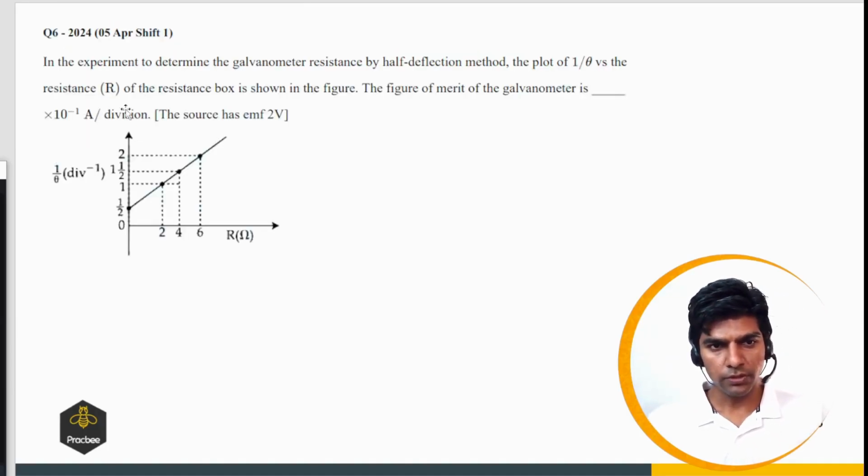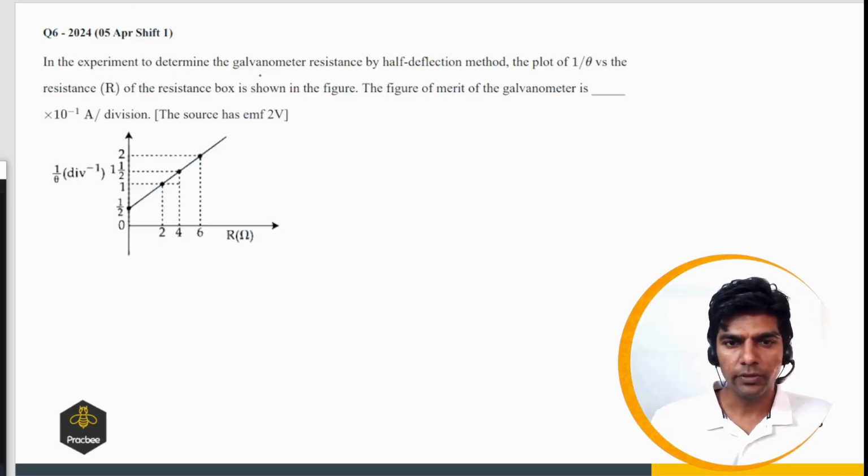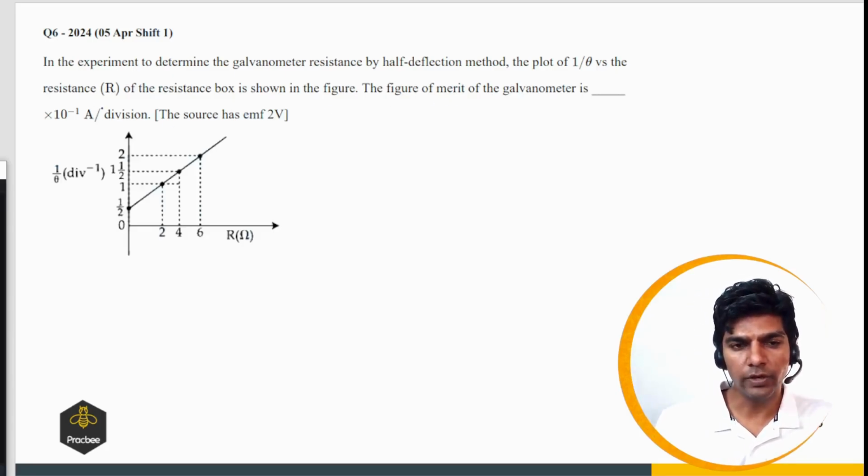Now let us see this question. In the experiment to determine the galvanometer resistance by the half deflection method, the plot of 1 by theta versus resistance of the resistance box is shown in the figure. The figure of merit of the galvanometer is 10 raised to power minus 1 ampere per division. So what is figure of merit? If you look at the unit, it is ampere per division, where on the y-axis we have 1 by theta, which is the reciprocal of the division, right? So what we can do,